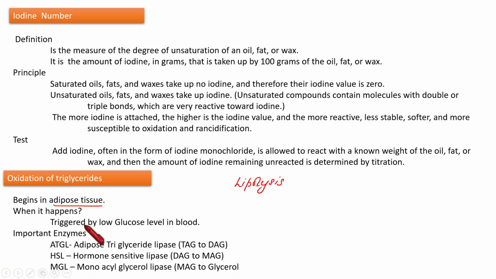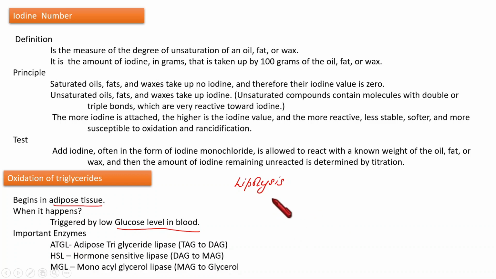It is triggered by low glucose level in blood. That means whenever the glucose level in our blood is lowered, lipolysis is initiated. Okay, so first we need to understand the important enzymes